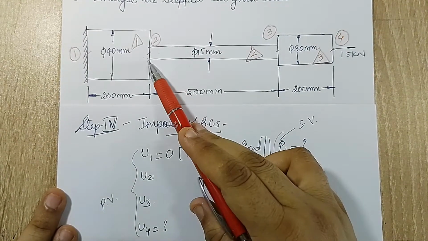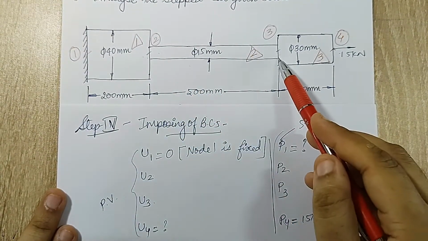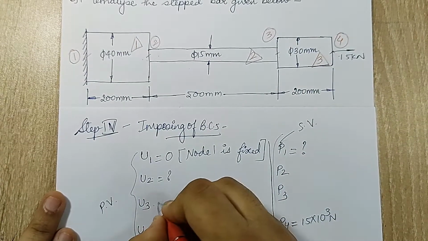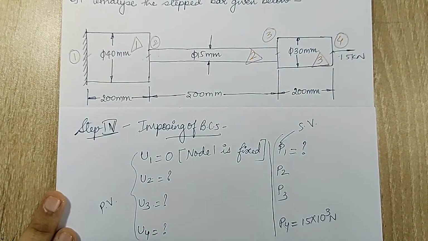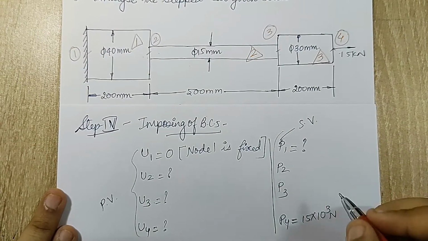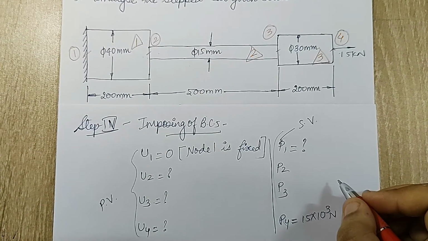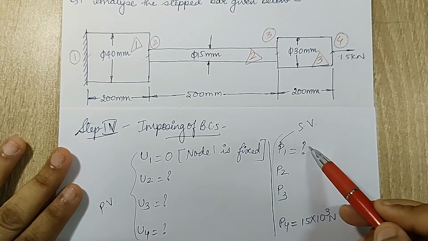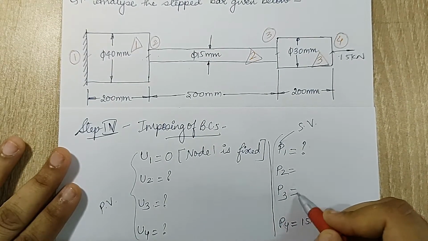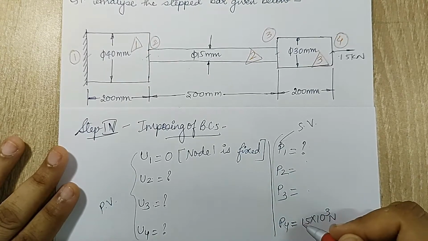U2, U3 are the displacements at these 2 points. If there is a load applied here, obviously there will be some displacement at these points. So I can write these as question mark, which means I need to calculate their value. If you observe carefully, we have a 4 by 4 matrix, which means we can form 4 equations using those matrices. If I can form 4 equations, that means I can solve only 4 unknowns. This is simple mathematics. I have already written my 4 unknowns. These are the 2 values which I have to substitute. Only then I will be able to calculate these 4 unknown values.